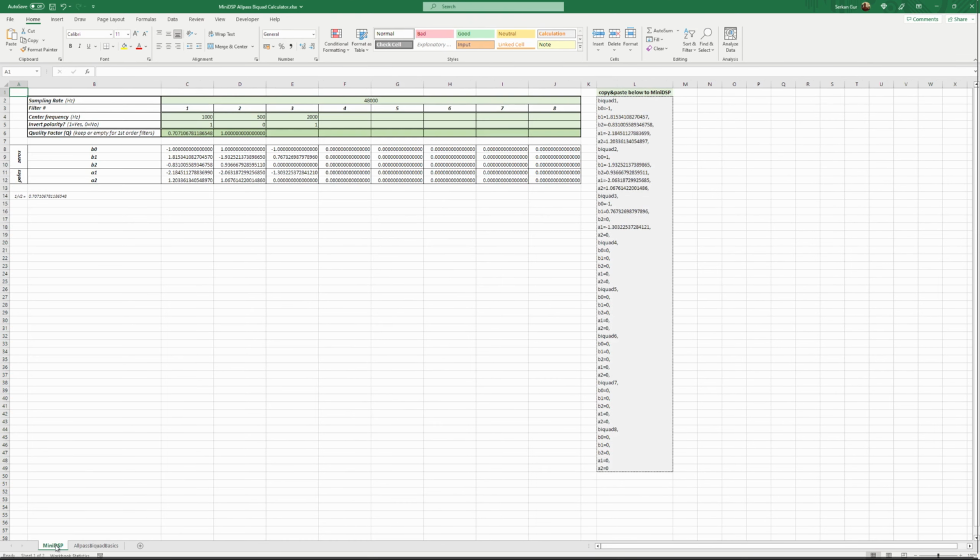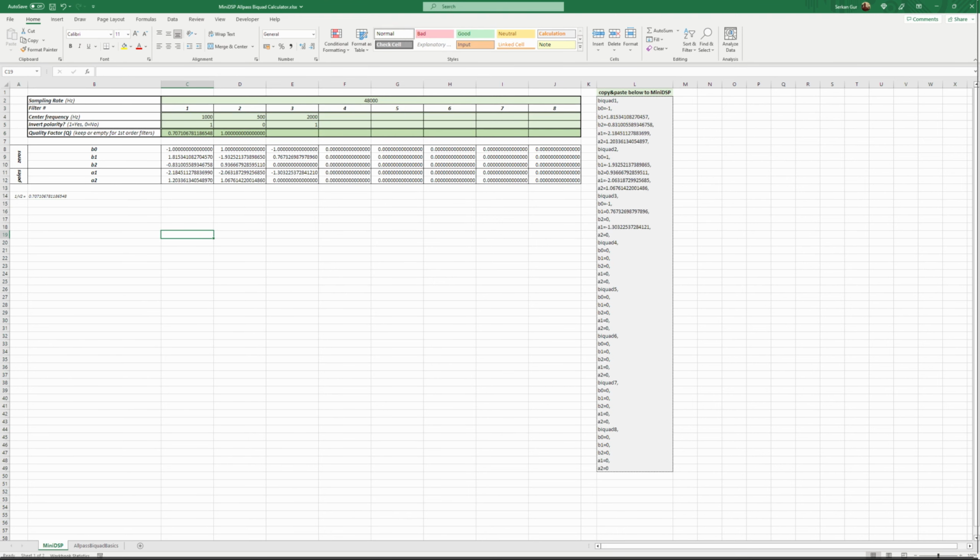You don't need to know any of that. Here I made an 8 biquad filter calculator. You will simply enter the sampling rate here, which should be the same for all filters, and center frequency here. Whether or not you're going to invert polarity: when it's 0, polarity is not inverted. When it is 1, it's polarity inverted. And quality factor: if you enter any number here, then it's a second order all pass and it will calculate accordingly. If there isn't anything here, it will calculate a first order all pass. Okay. And I also put the inverse of square root of 2 here if you need to copy paste the number to any of these boxes.